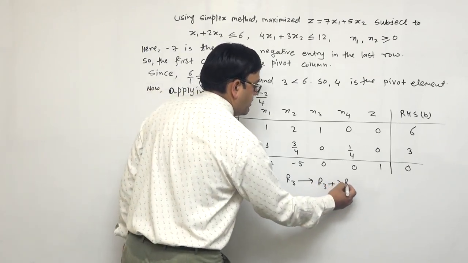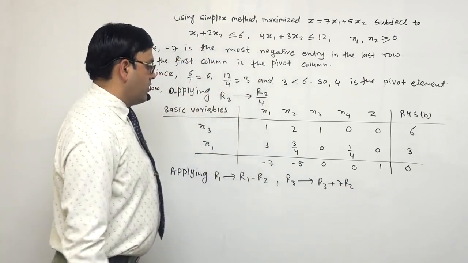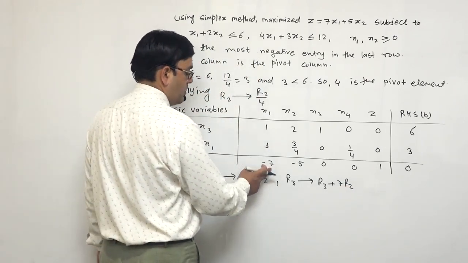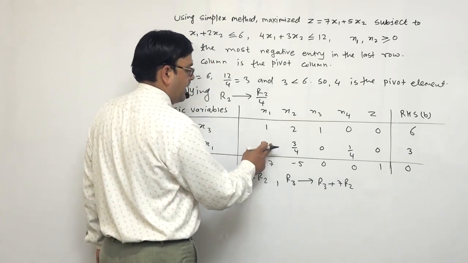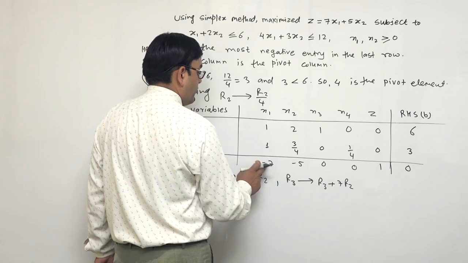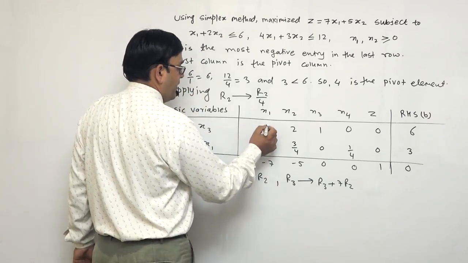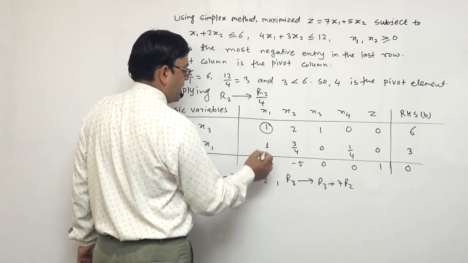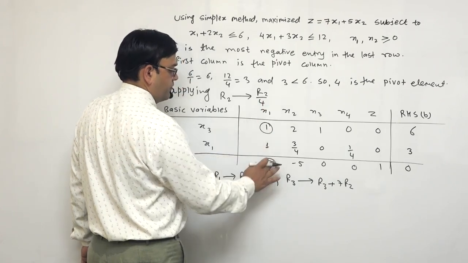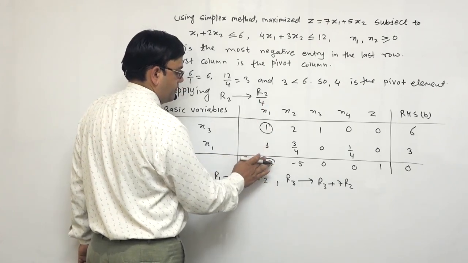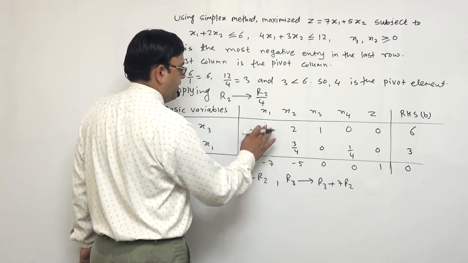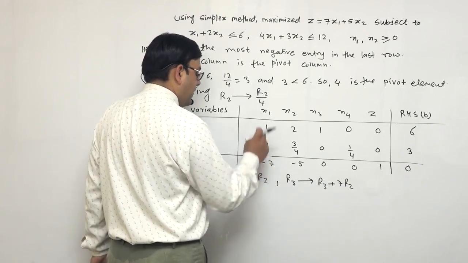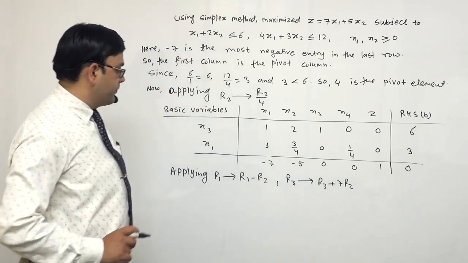plus 7R2. हेर्नुस् त, R3 लाई हामीले कसरी चेन्ज गर्दैछौँ, R3 plus 7R2. 7 ले यो 1 लाई मल्टिप्लाई गर्दाखेरि 7 हुन्छ, 7 plus 7 it will be also 0. त्यसकारण हामीले यसलाई हेर्नुस् त के 0 बनाउँदै छौँ, यसलाई पनि हामी 0 बनाउँदै छौँ। किन भन्दा हामीले यो पिभट एलिमेन्ट जुन छ त्यो बाहेक अरु सबैलाई चाहिँ यसमा 0 बनाउनु पर्ने हुन्छ।